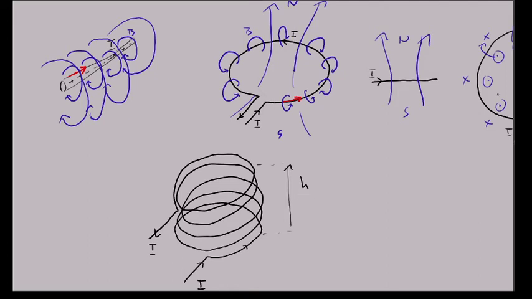Well, what you would have is that the magnetic field produced by the first loop, on the inside, would point up and on the outside would point down. So the magnetic field of the first loop would combine with the magnetic field of the second loop, would combine with the magnetic field of the third loop, and so on and so forth. And as a result of that, on the inside, you would get a magnetic field that keeps going,